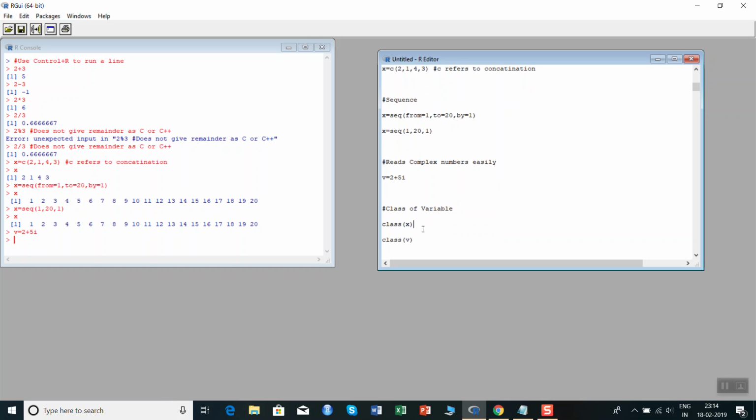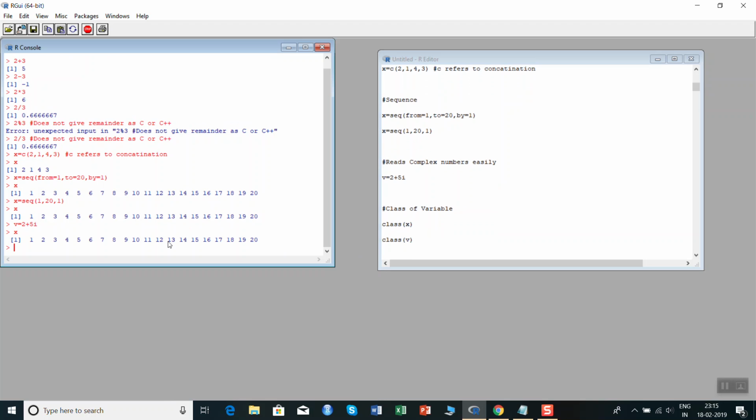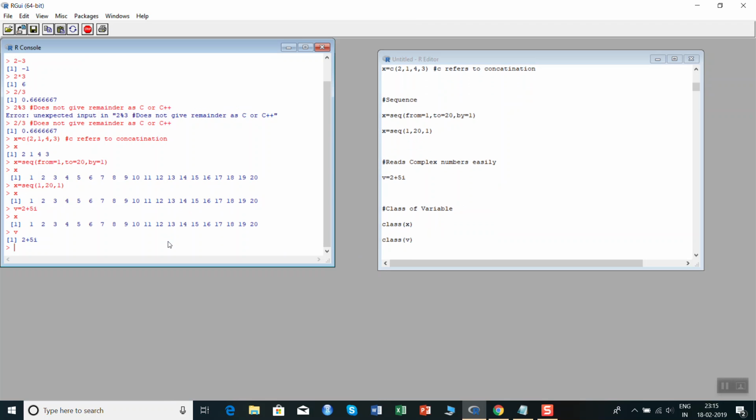So X, what we had given, and another thing is R can keep all the variable values in its memory. Once you execute, it will not be deleted from the system. See this thing. Here I have put this X equal to 1 to 20, so here also it will come. And suppose I execute V equal to 2 plus 5i, that also comes.